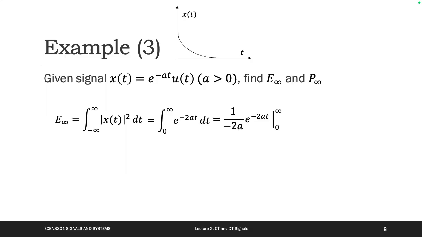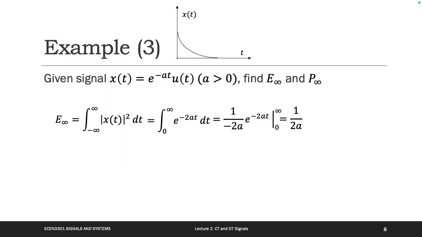Actually, we talked about this in the first class. Do you remember? After you take the derivative of this part, you can get this one. So then we can get this equation. If it is infinite, it will be 0. If it is 0, it will be 1. Now we get 0 minus 1, which is negative 1 over negative 2a, and it equals 1 over 2a. Does that make sense to you?